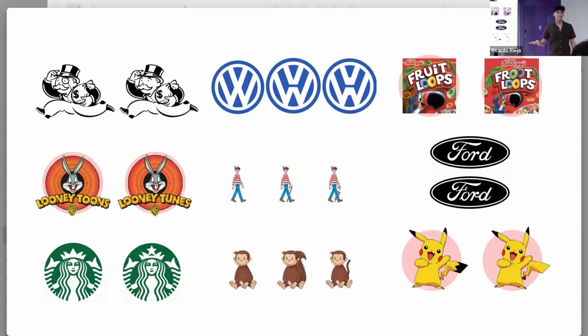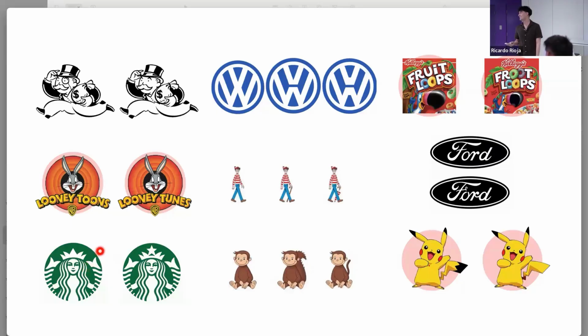So I wanted to do a little bit of an activity with you guys. Can you tell me which one, let's say the Pikachu, is the correct one, like the one with the black tail? Who thinks this one is right? Okay. Who's unsure of it? What about the Starbucks one? Who thinks it has the star? No? There's no star, so this is the correct one. You guys sure of it?